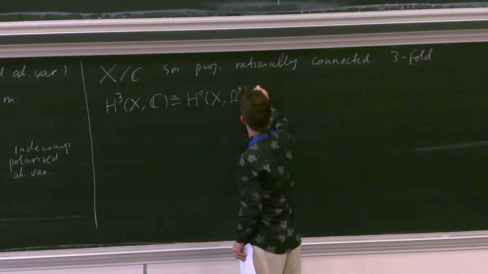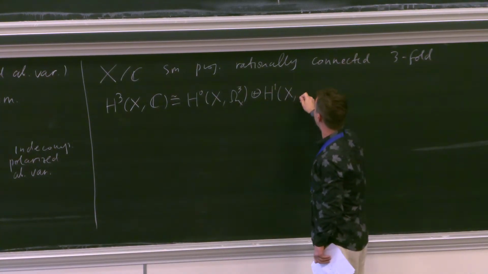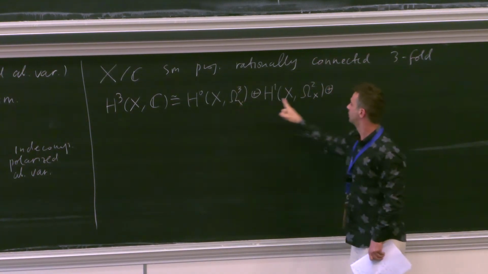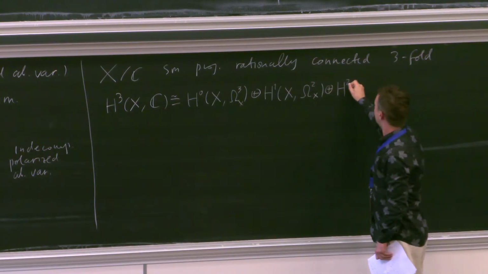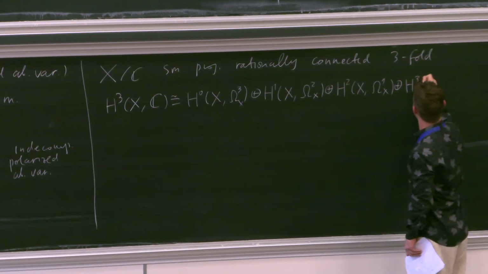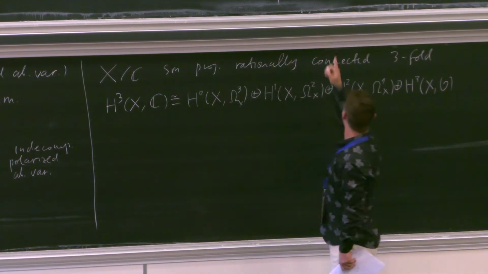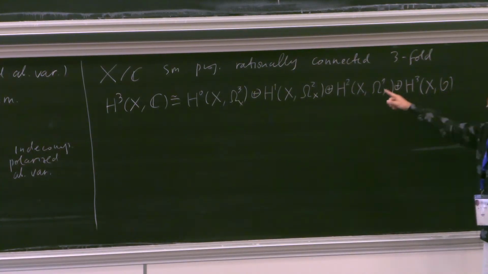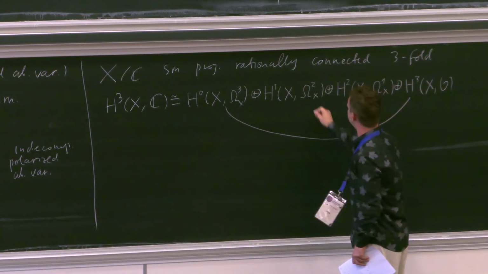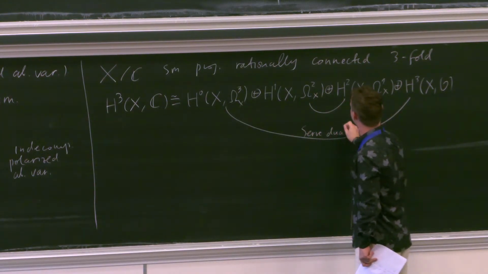So I put homology from 0 to 3 of various differential forms sheaves, so top differentials, second differentials, and so on. So previously we had just two pieces. One was H0 omega 1, and the other was H1 O, but now we have these pieces. And again, CR duality identifies these pieces up to duality. So CR duality says they have the same dimension.